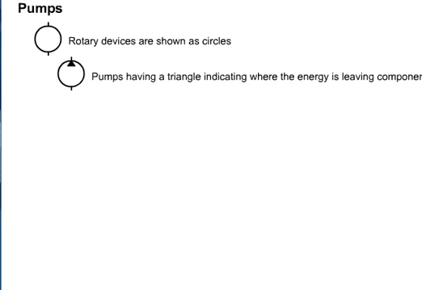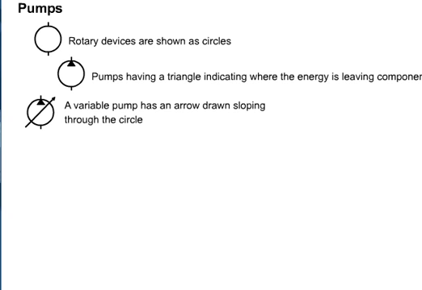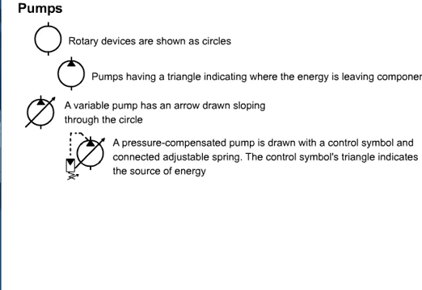Rotary devices are shown as a circle. Pumps having an energy triangle pointing to the outside perimeter indicate the energy is leaving the component. A sloping arrow through the circle indicates that the pump is variable, or the output flow can be regulated without changing shaft speed. A control symbol with an energy triangle that is connected to an adjustable spring indicates that the